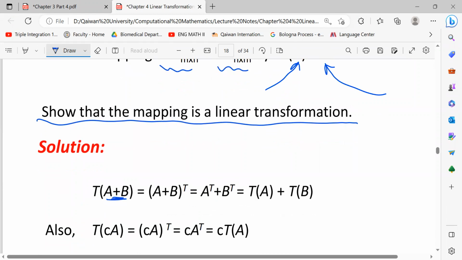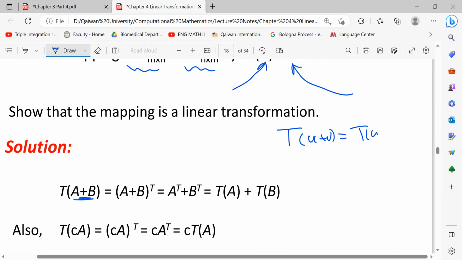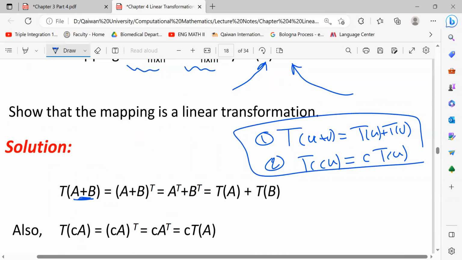We have A and B, the sum of these two. You can use either of these two ways to show whether a function is a linear transformation or not. If T of U plus V is equal to T of U plus T of V, that is the first condition. And for the second, T of CU must equal C T of U. Either you use this, or